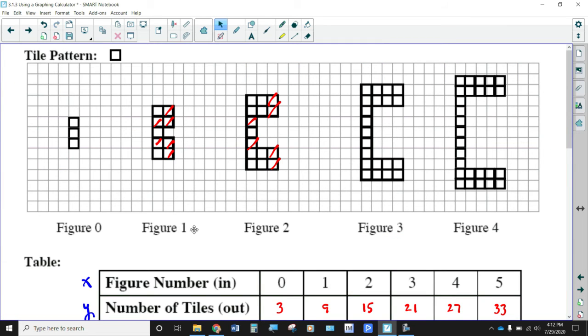So do we have any figure 1.5s here? Are there any partial figures that we're trying to figure out? Or do we just go from figure 1 to figure 2 to figure 3 to figure 4? See, on the situation with John's giant redwoods, you could have measured the tree at any moment in time from